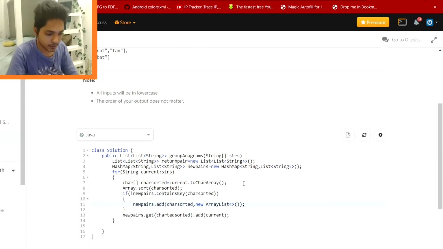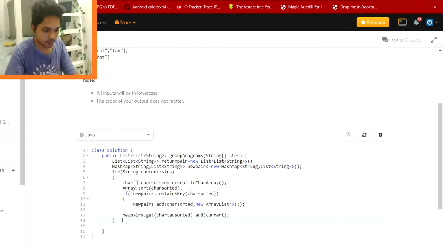That's what it is going to do, and it's going to add to it if it is already there. Now once it is done, we need to add all the elements to our return pair once it is all done, right?